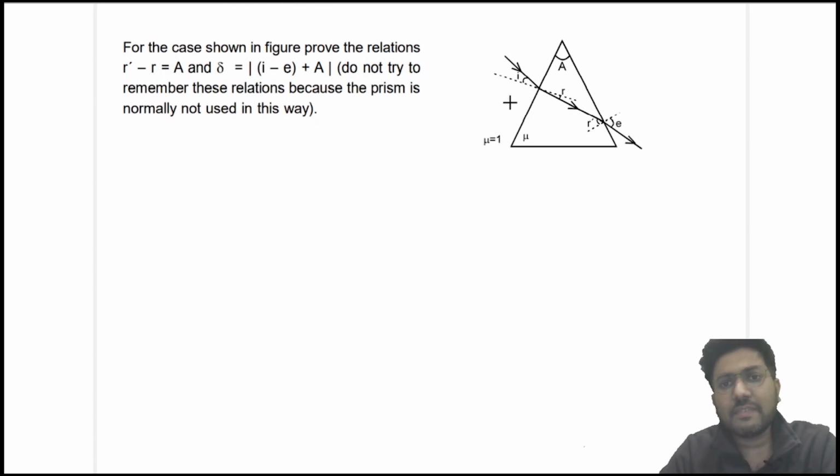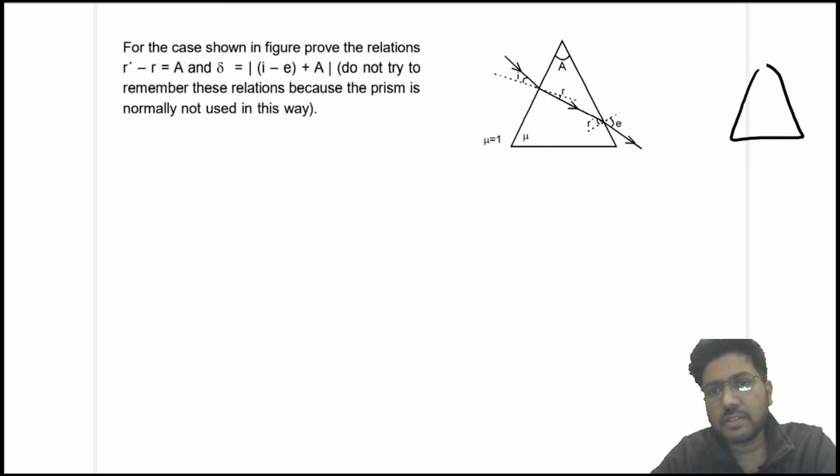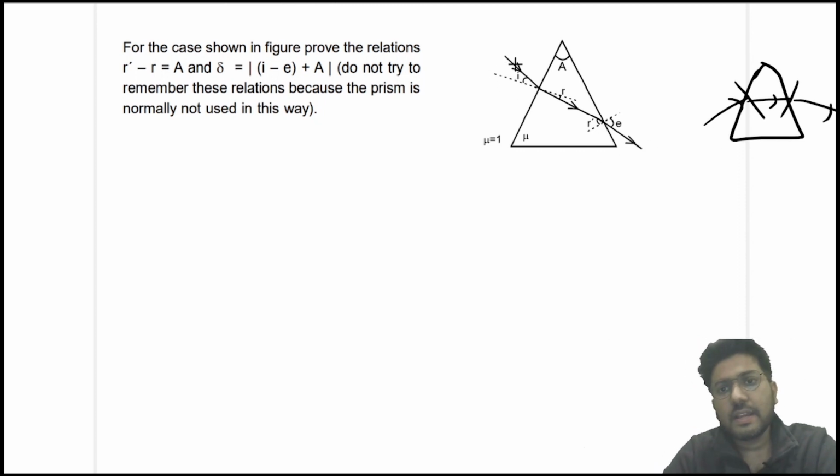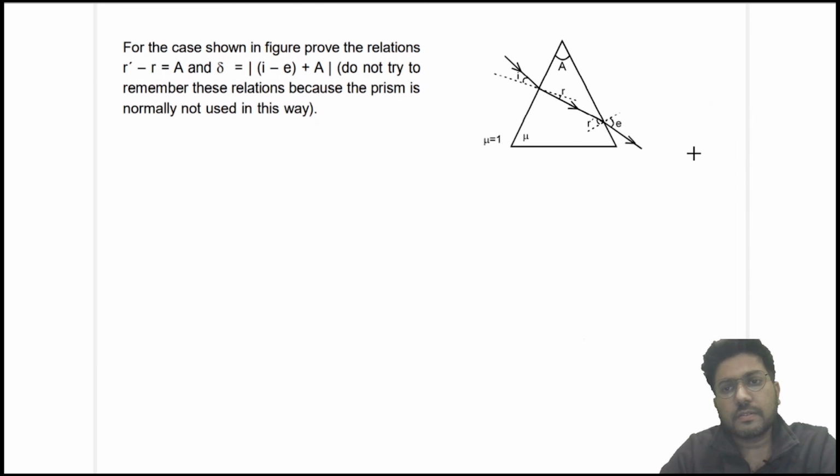Okay, we will not remember this formula because the prism is mostly not used in this way, right? We know that the prism is used mostly like this, okay, and not like this, right? So we will not remember this formula, but we need to prove for this situation that